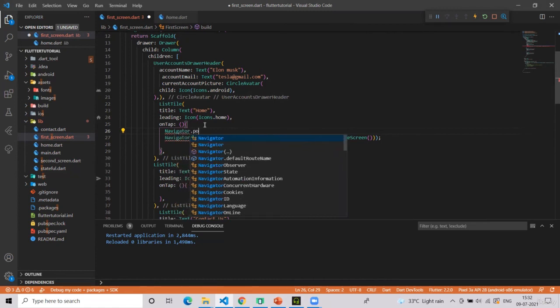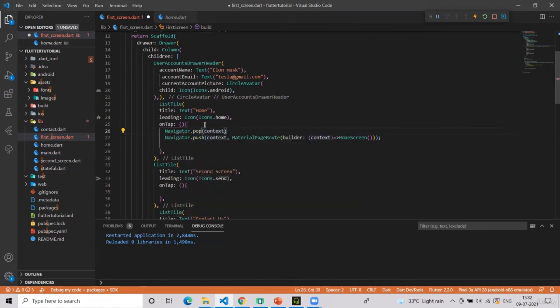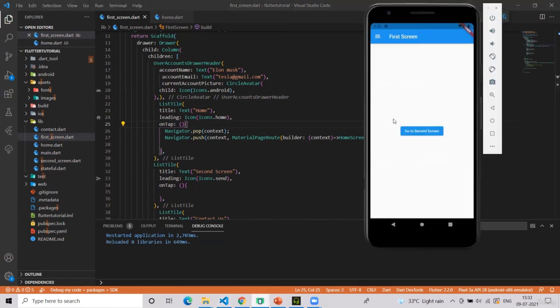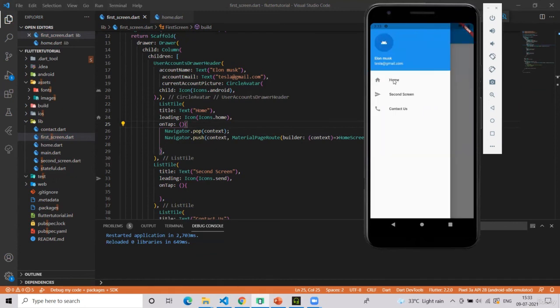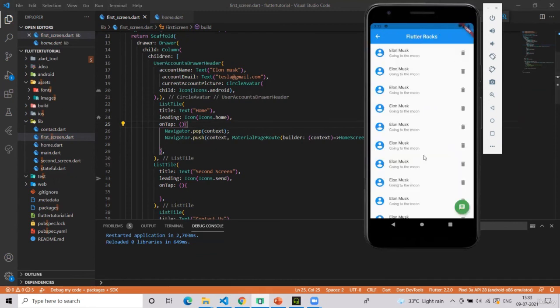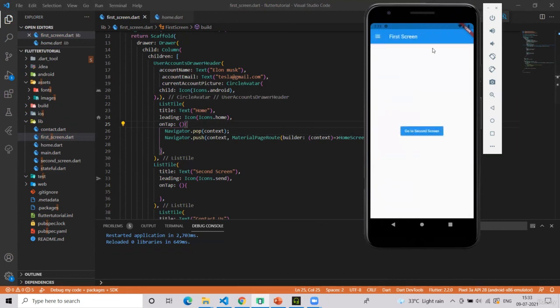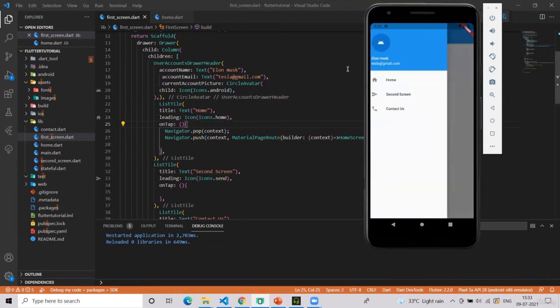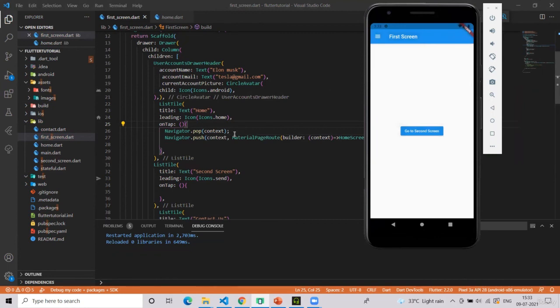We have to write Navigator dot pop in order to close the drawer and then move to the second screen. Start your app. Now when I go to the home, we navigate to the home screen, and this time if I click the back button, it comes properly to the home screen and not the drawer open, because we already closed it with Navigator.pop.